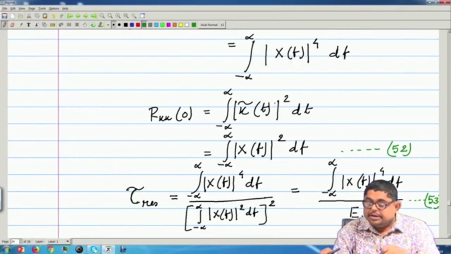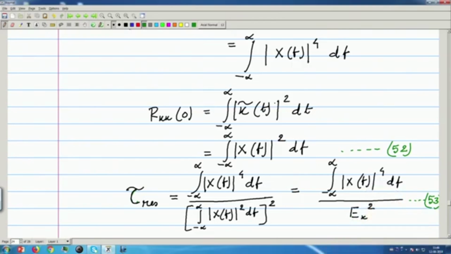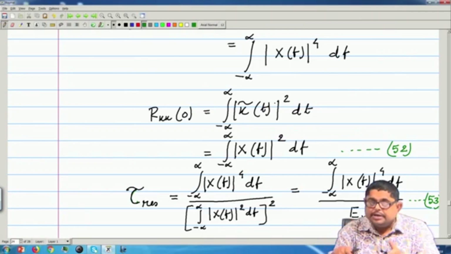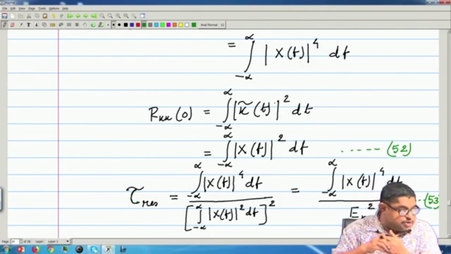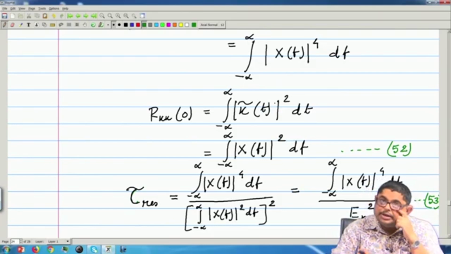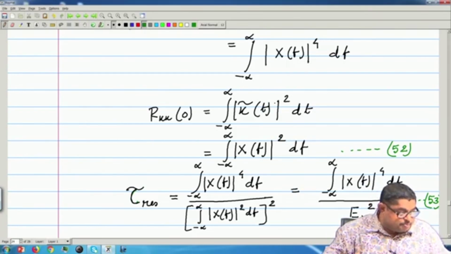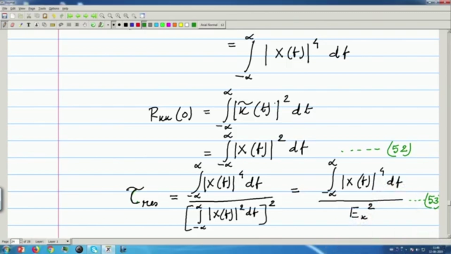Because the range ambiguity function is x something square, we are going to a higher order, x whole to the power 4, integrating that throughout and comparing that with the square of the energy, and that is giving us the resolution. So, the smaller this is, the better. Now we will put it into the rectangular pulse